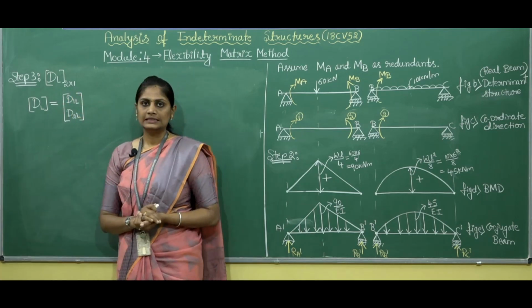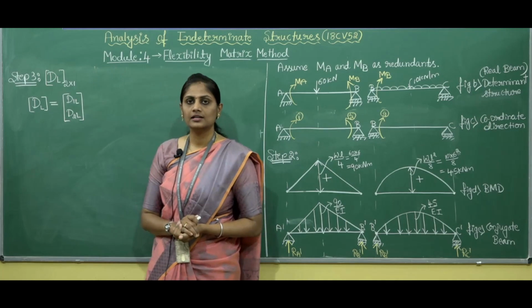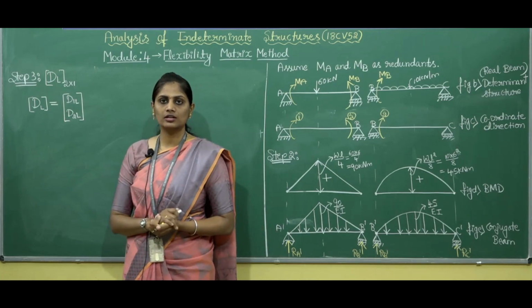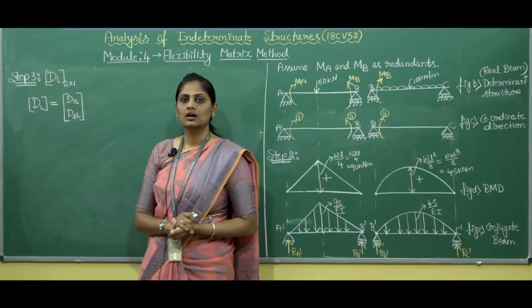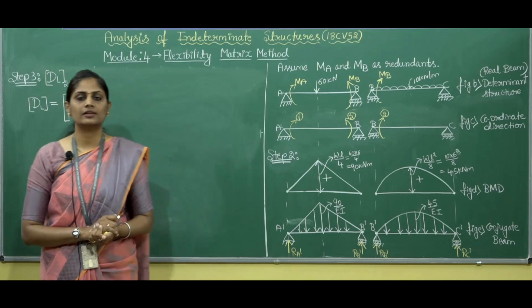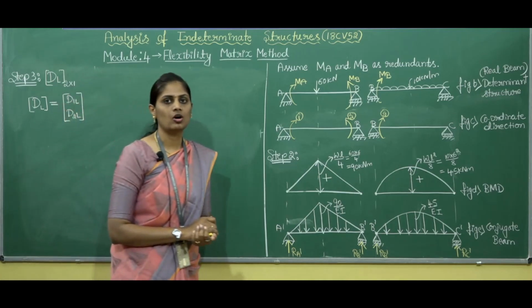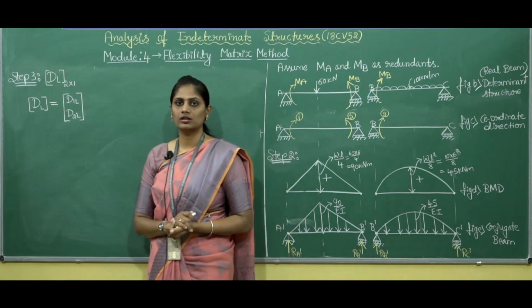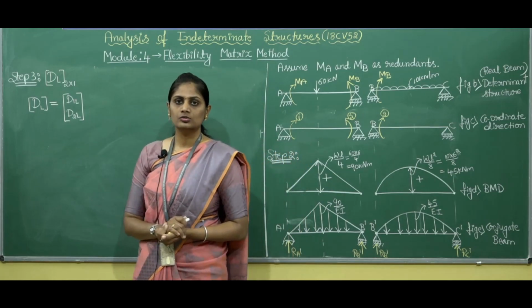Here DL is nothing but the displacement at the assumed coordinates due to the application of loads. D1L represents displacement at coordinate number 1 and D2L represents displacement at coordinate number 2 due to the